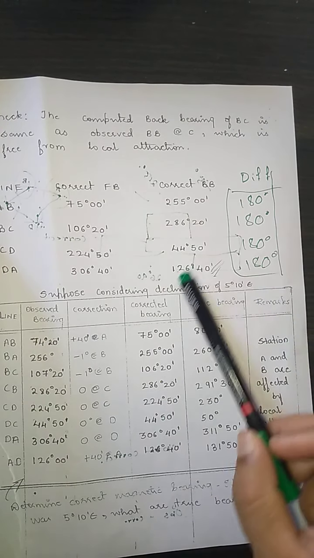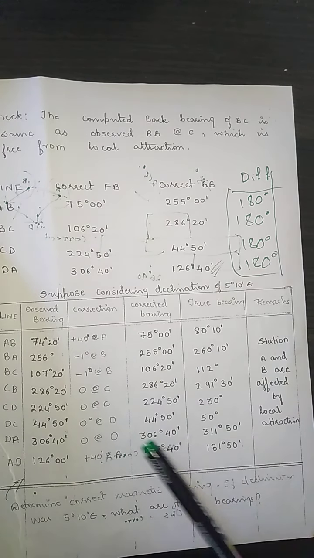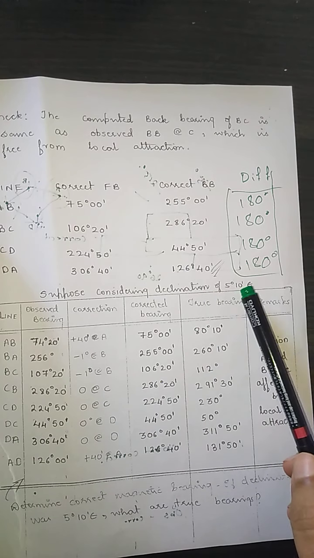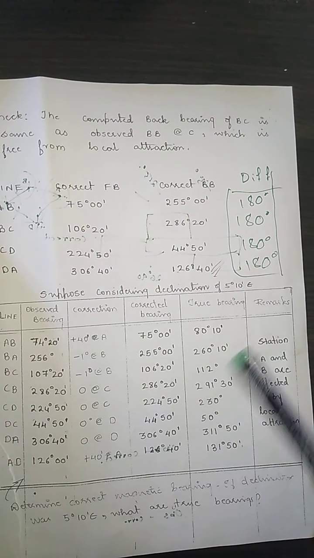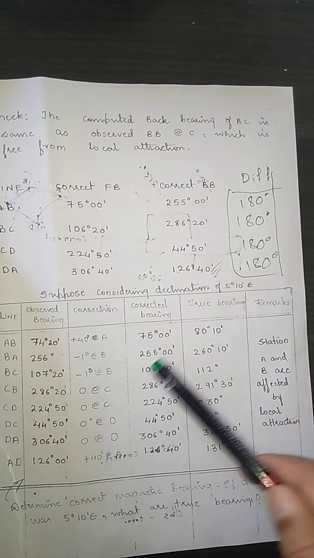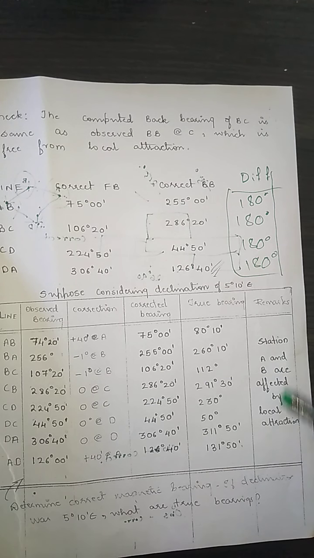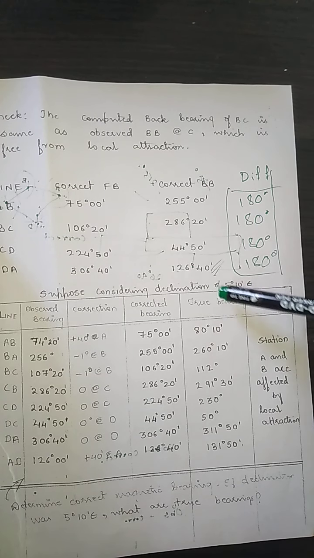Now you can see that the declination is towards the east. So for the corrected bearing, since the declination is towards the east, you are going to add plus to these values. So 5 degree 10 minutes you are going to add, and you are going to get the true bearings. If the declination comes in the problem, to whatever corrected bearings you get, you are going to add again the 5 degree 10 minutes, whatever values they give.